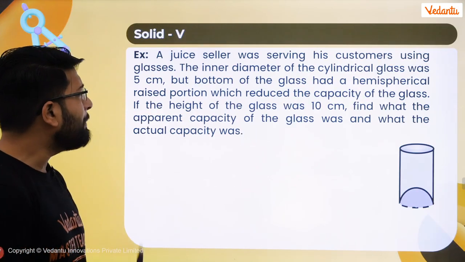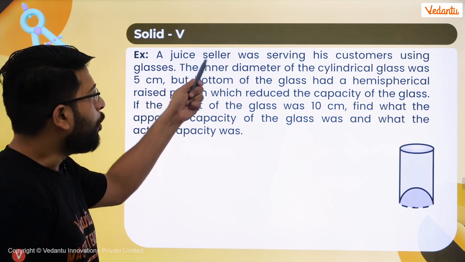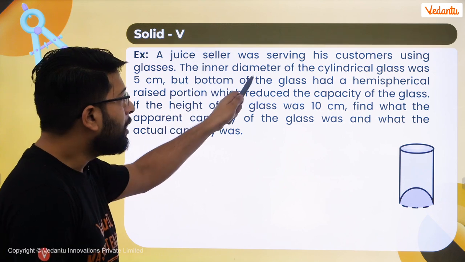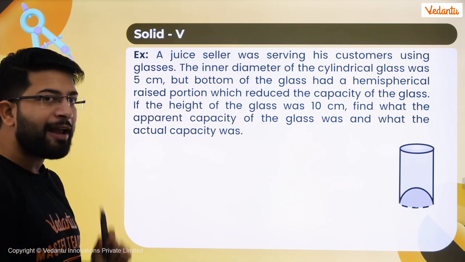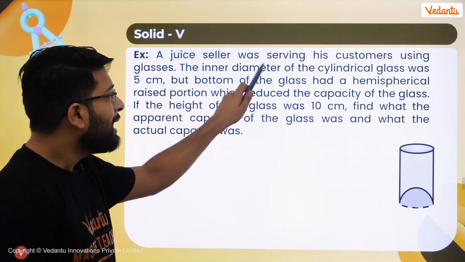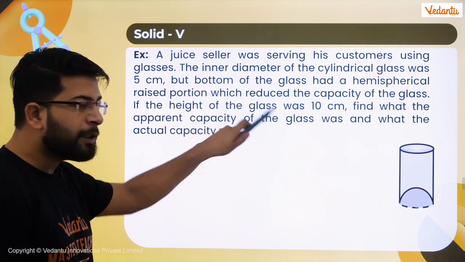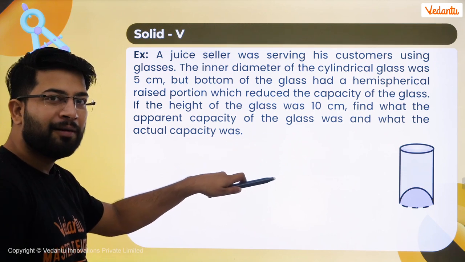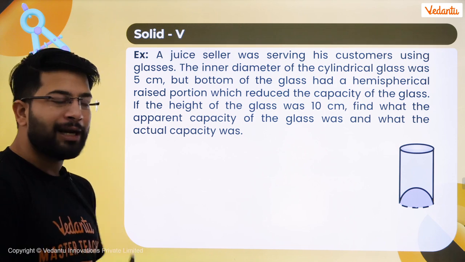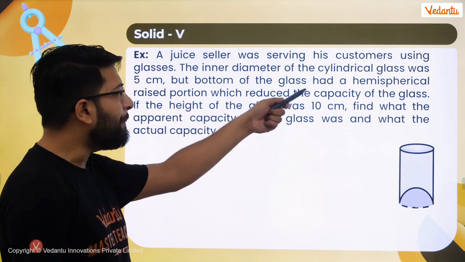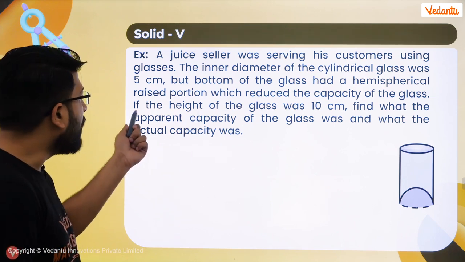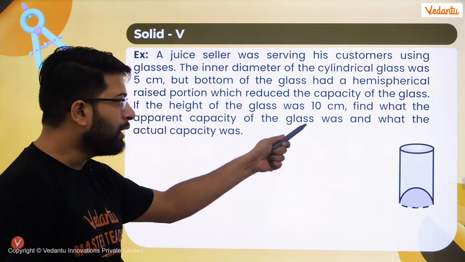Okay. Now Chem, look at this one. A juice seller was serving his customers using glasses. The inner diameter of the cylindrical glasses was 5 centimeter, but the bottom of the glass had a hemispherical raised portion at the bottom. That means the amount of juice will be less compared to a normal glass. Now, this has reduced the capacity of the glass. If the height of the glass is 10, find out what the apparent capacity of the glass was and what